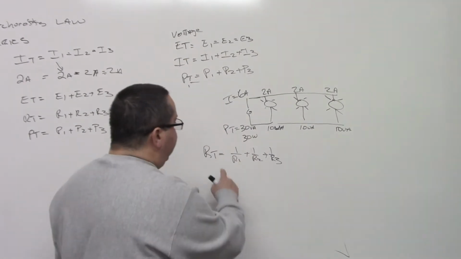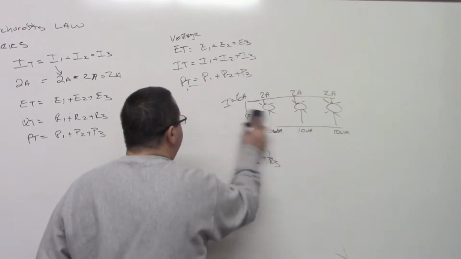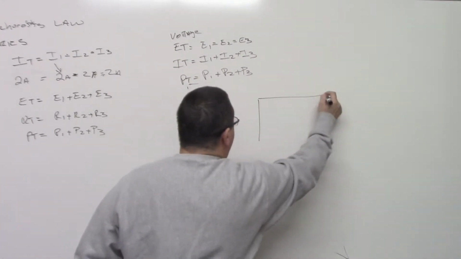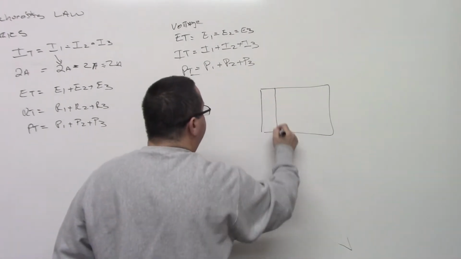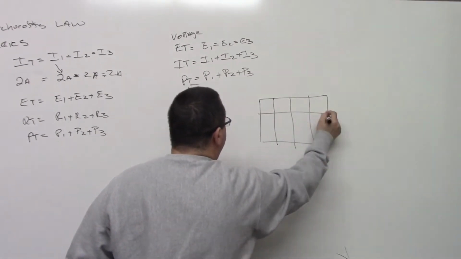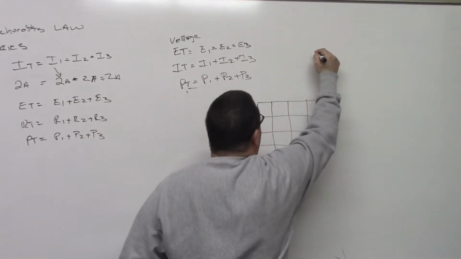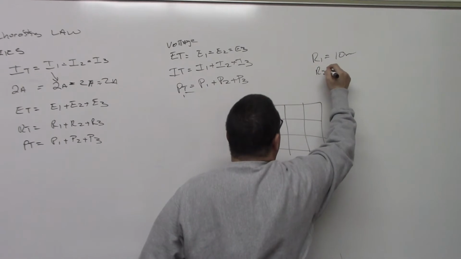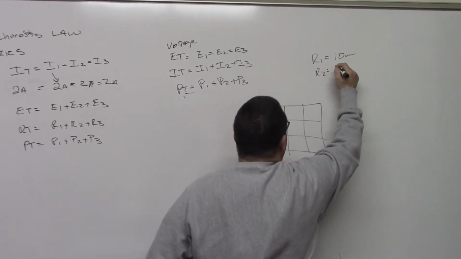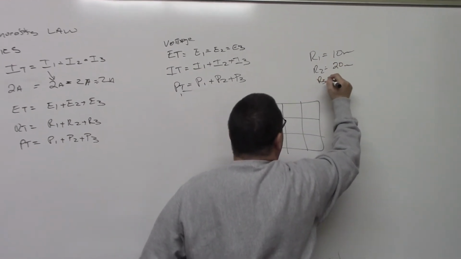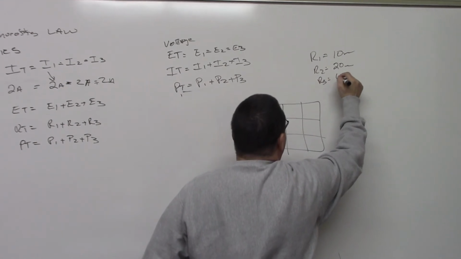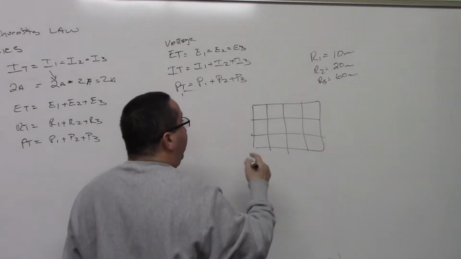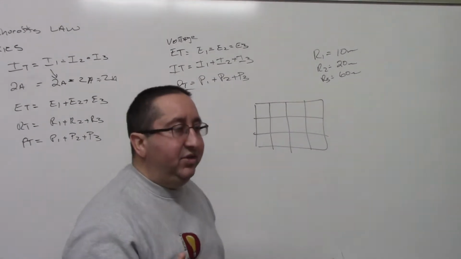Very simple. Instead of doing it this way, we're going to do what's called the matrix, to find R. And the matrix is very simple. Let's say we have R1 is equal to 10 ohms, R2 is equal to 20 ohms, and R3 is equal to 60 ohms. What we're going to do is, and it's very important that you understand this, we're going to first